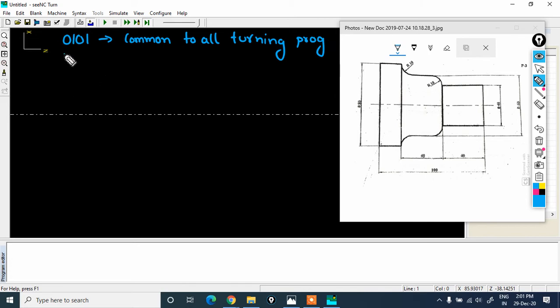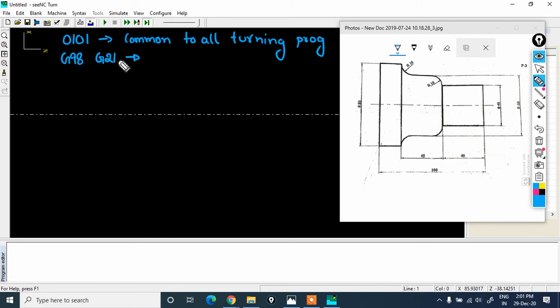Next we follow with the actual command: G98 followed by G21. The first line says G98 feed per revolution, G21 metric unit, not inch.